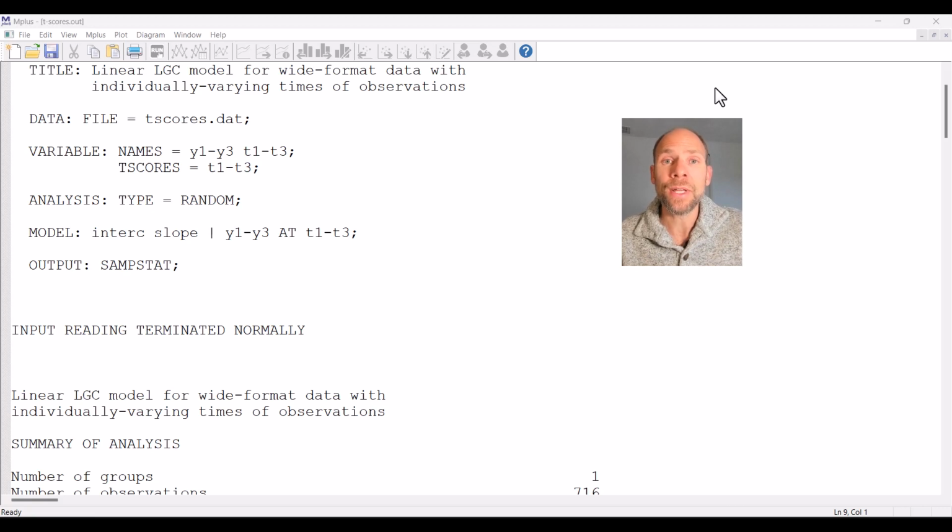In this video, I want to show you how you can fit growth curve models in the Mplus software when you have individually varying times of observations, meaning when the distances between the measurement occasions are not the same for all individuals, and/or when they also differ within the same people. So when you have very diverse times of measurement for different people, then how do you deal with that in